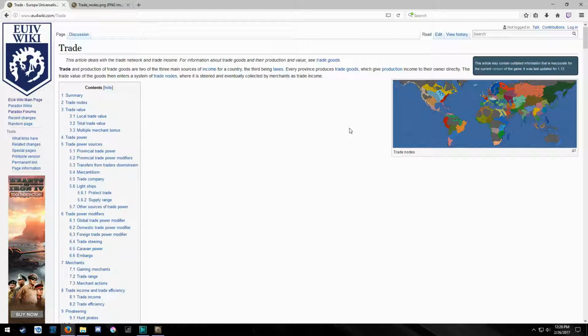Alright, so I'm going to start with the wiki over here. If you ever need to know anything about EU4, go with the wiki. It's generally accurate. But anyways, if you can look, trade and production are two trade goods of this